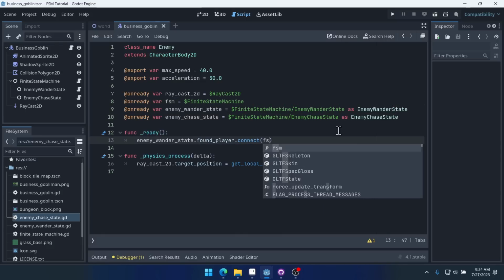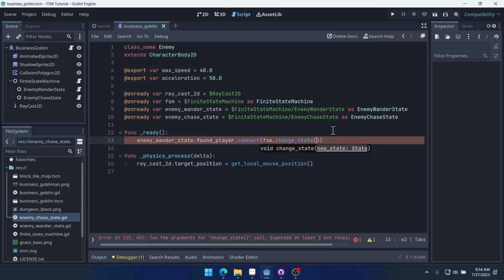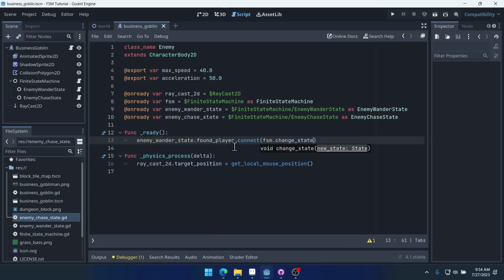So FSM dot change state, and we want to do it as finite state machine, so we get autocomplete as well. Change state. So this is the function, but we're not calling this function. We actually don't want those parentheses around it, but it does take an argument, so we have to pass in that argument, and the way you do that is with the bind function. So dot bind, and then we pass in enemy